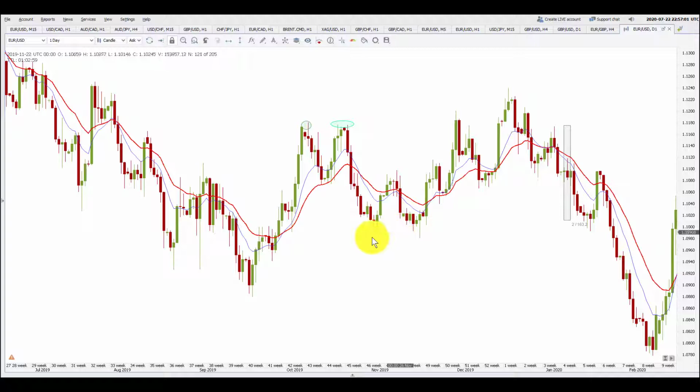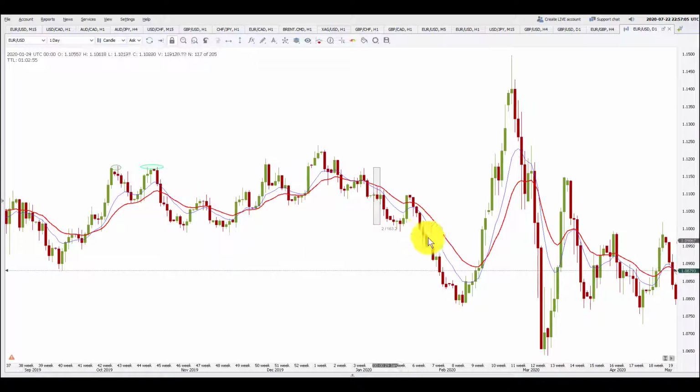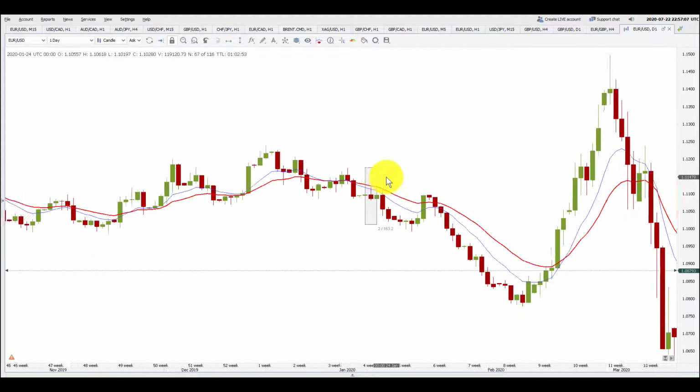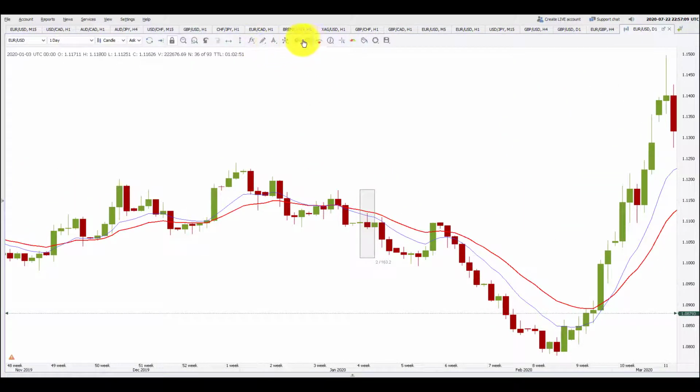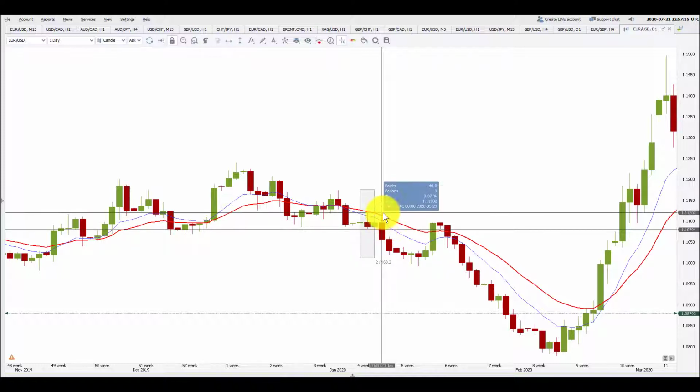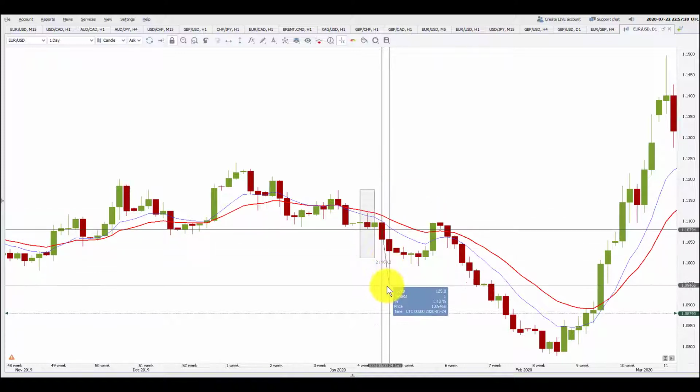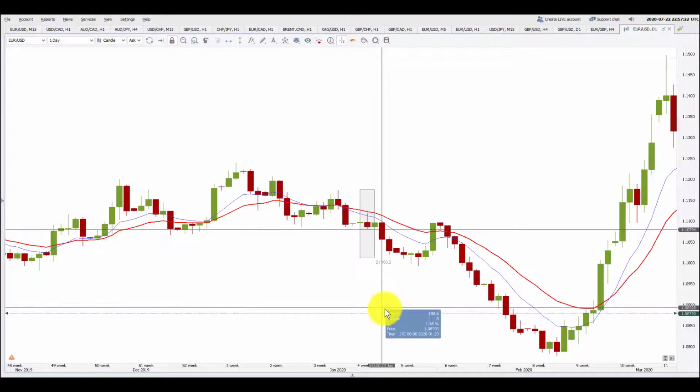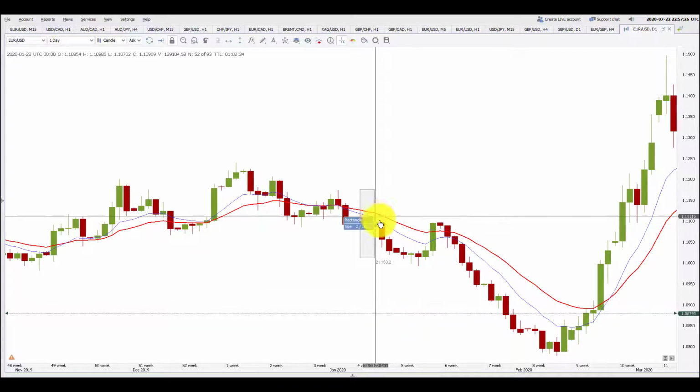That means your next level of support should be at least 3 times whatever stop loss you are trying to keep here. In this case, here is your trade at 1079 and your stop loss will be about 42 points. So if the potential is not 120 points or more, then you are not going to trade it. It is 200 points here in this case, so we can very safely take this trade.